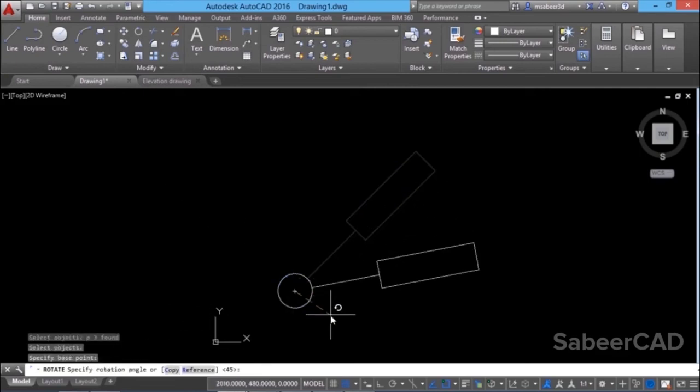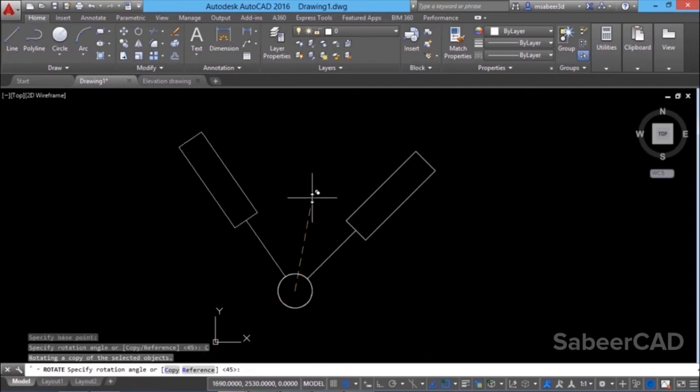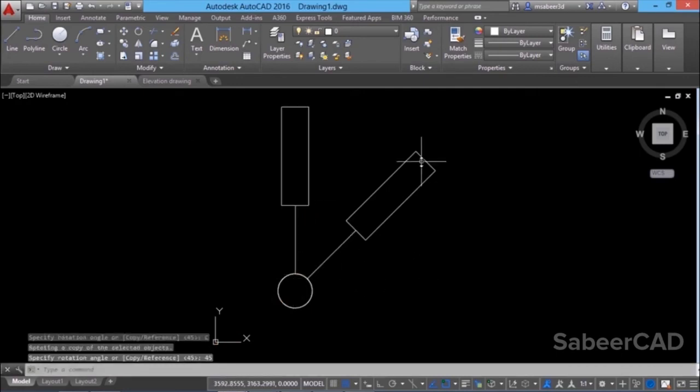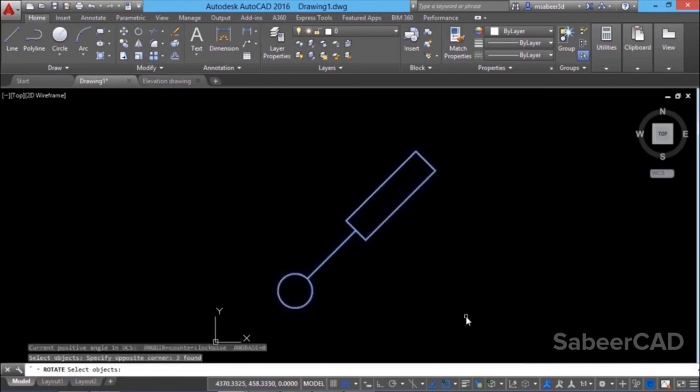Here you have two options. One is copy, another one is reference. If you click on copy, you will get the copy of the original object when you rotate. If I give 45 degrees, I'll get the original object here and the copy of it rotated through an angle of 45 degrees. Now I'll give enter to repeat the rotate command and I'll select the same set of objects